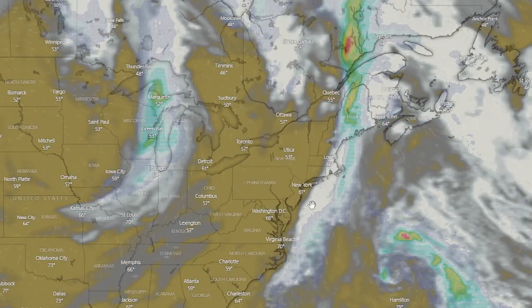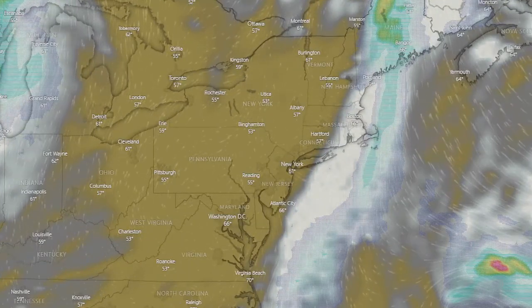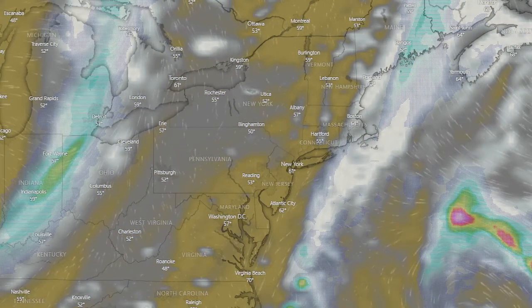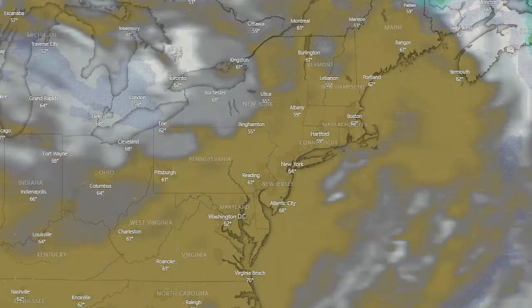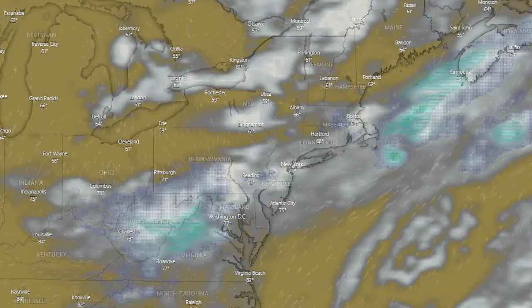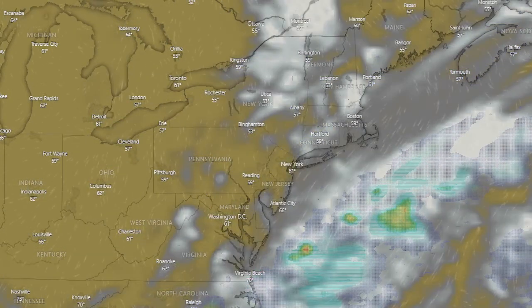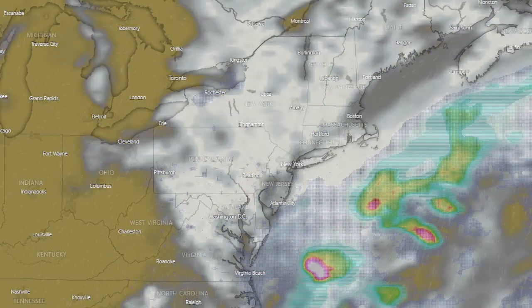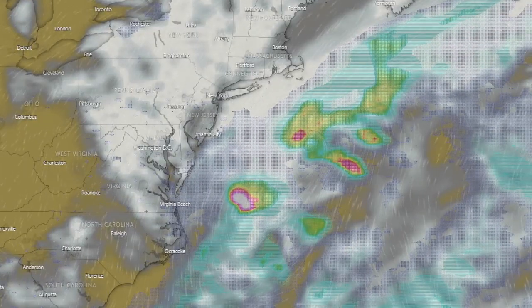and you can actually just show the whole clouds here. This is the European cloud chart, and we'll start with this just to show you it does keep that front a little more east for tomorrow, but then as we get into the next week, things change a little bit with the cutoff low. It has a much more robust cutoff low, and it keeps the clouds around, and has a weaker high,